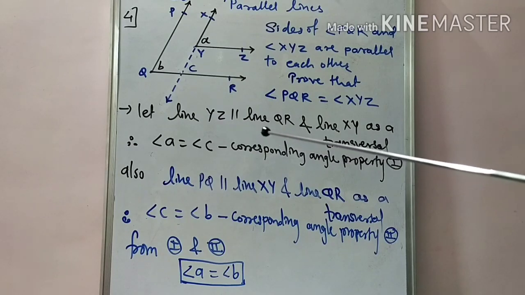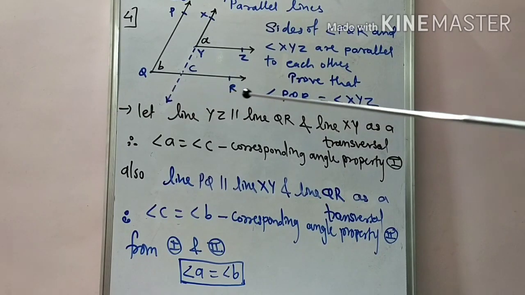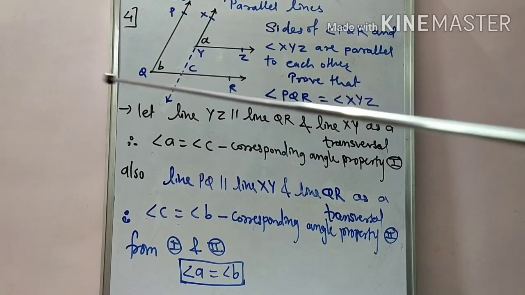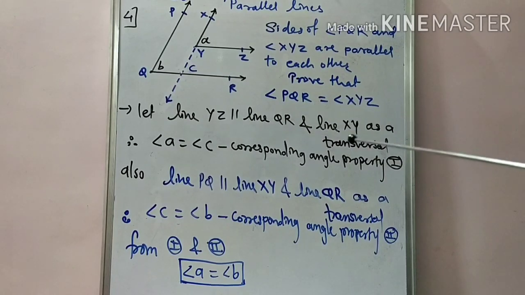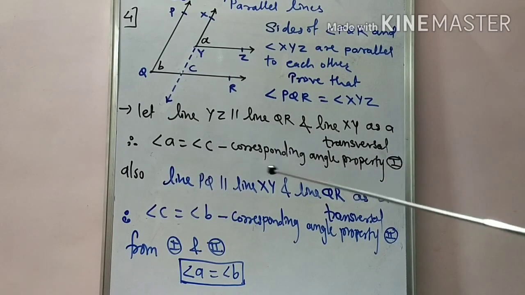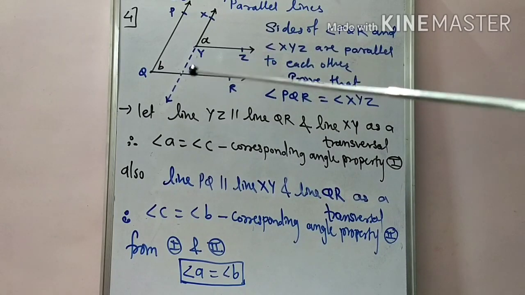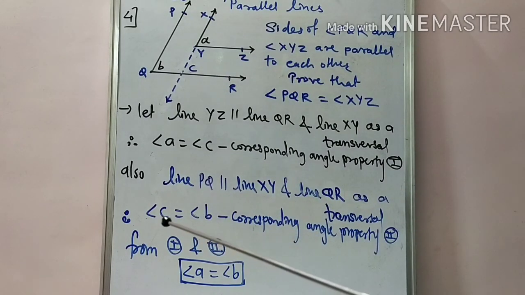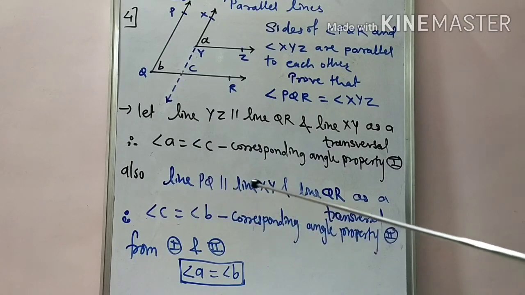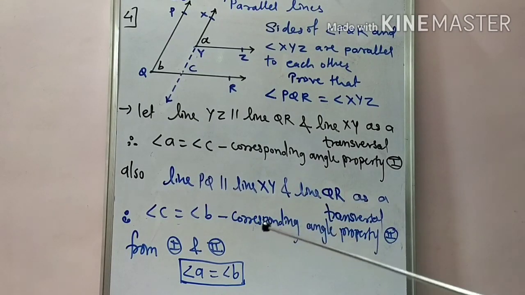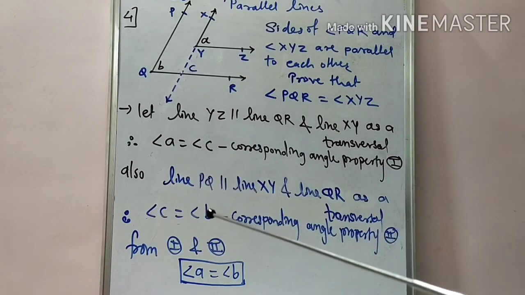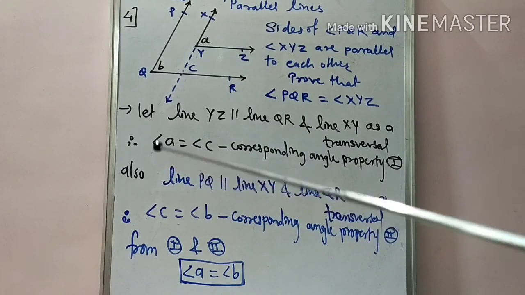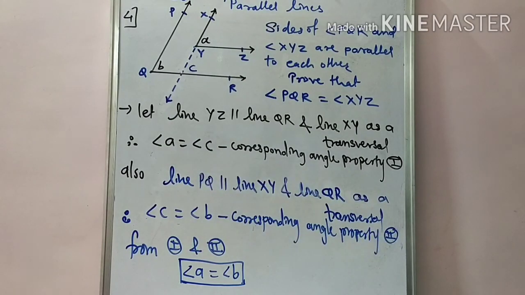Okay, and similarly for ray QR, it is also not necessary to extend it in the opposite direction. You mention it as line QR. Okay, and line XY as a transversal. So angles A and C are corresponding angles. And similarly, for angle C and angle B, we mention by which two parallel lines and by which transversal. And according to transitivity, if the first angle is congruent with the second, and the second with the third, then the third is congruent with the first. So like this we have a 3-mark example in the exam. Okay students.